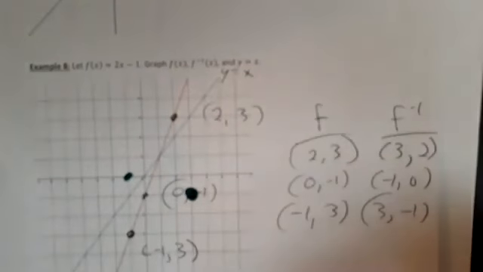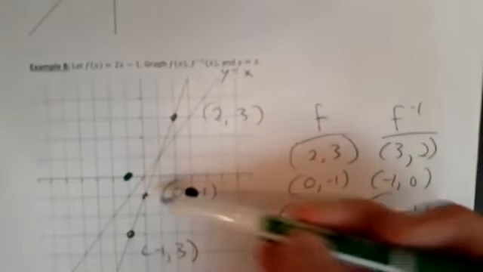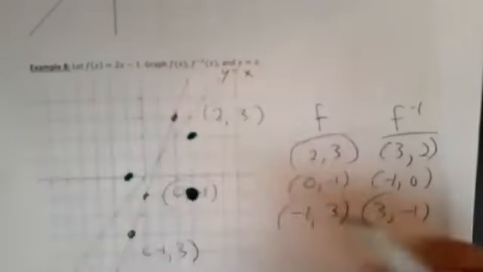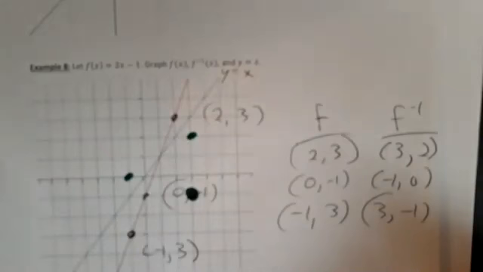Why not? Did I do something wrong? 2, 3. I've got 0, -1. I have -1, 3. I have 3, 2. -1, 0, and